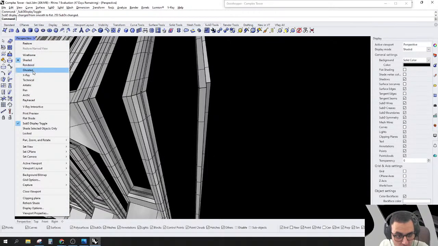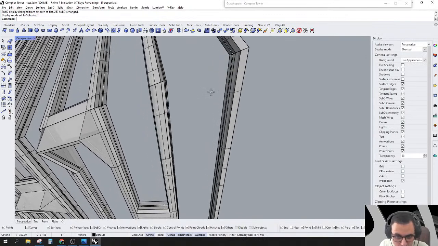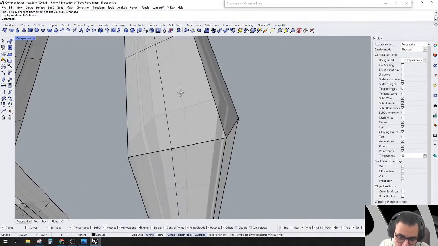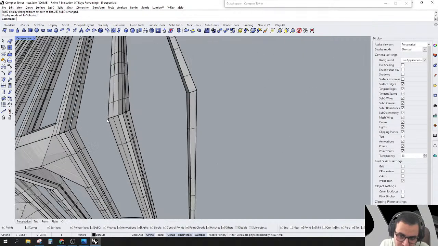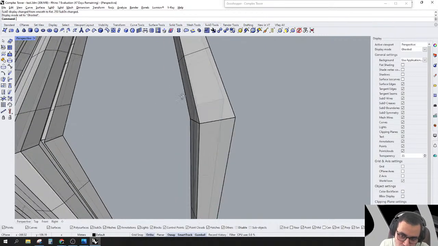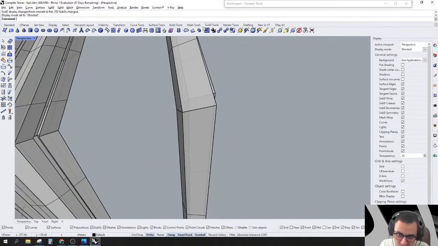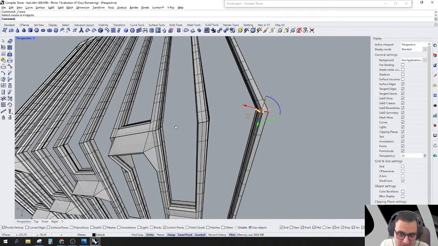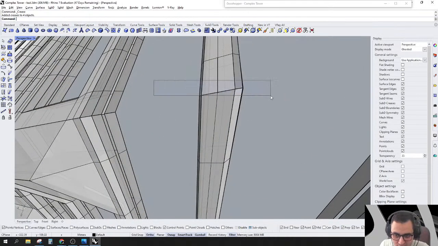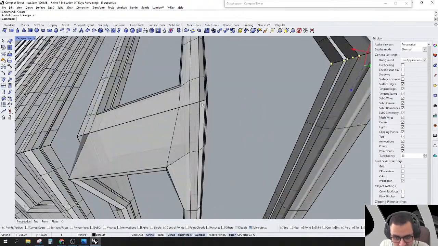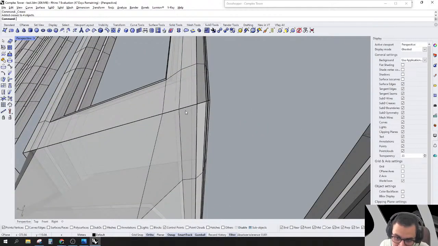In this case, go to the ghosted mode, because it will show you the back vertices, so it will be easier to see what you are dealing with. So in this case, just simply select those, and first hit crease. In here also select those, and again hit crease. In here, make sure that you don't